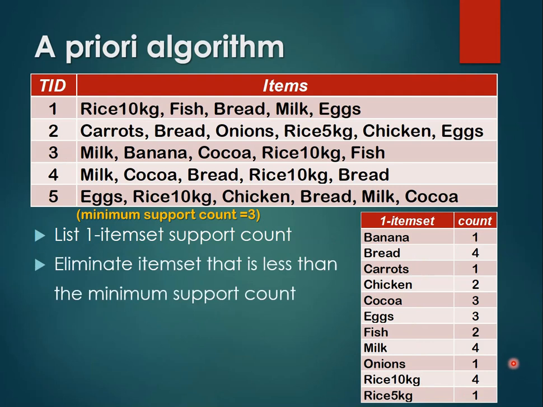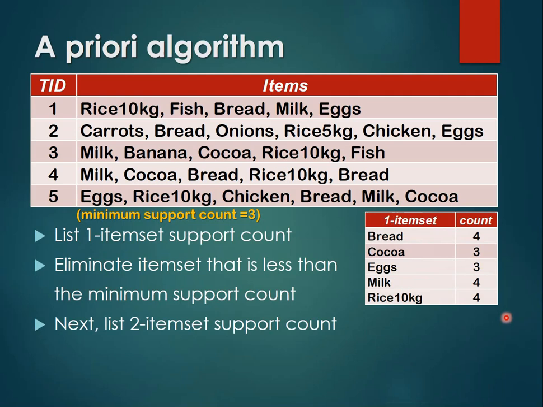Next, we are going to eliminate item sets that are less than the minimum support count, which is 3. Okay, so we are left with bread, cocoa, eggs, milk, and rice 10 kg. Those item sets which equal 3 are still acceptable. So these are the one-item sets which fulfill the minimum support count, and then we're going to list